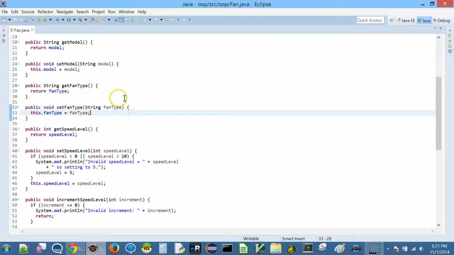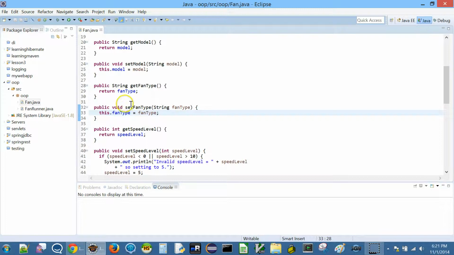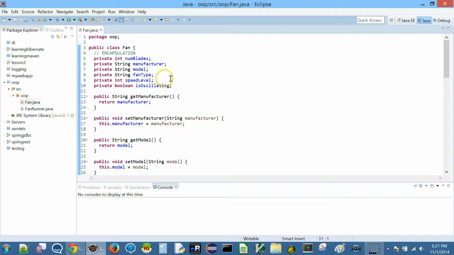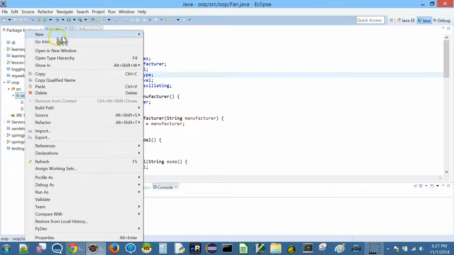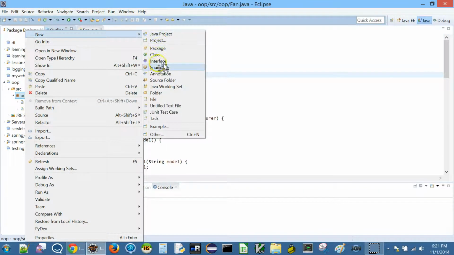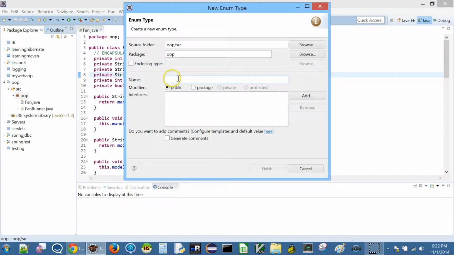here, right? So we don't want to have string for fan type, so I'm just going to go here and change and then declare an enum. So what do you do? Again, right click, new. Here you can see enum, right? So we just click this, and then enum is going to be FanType.